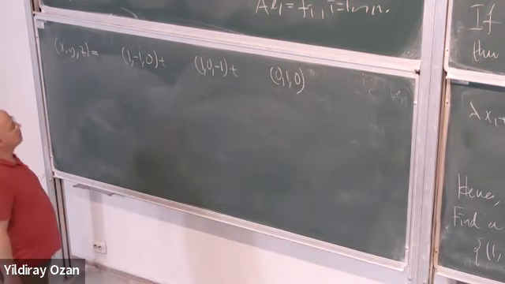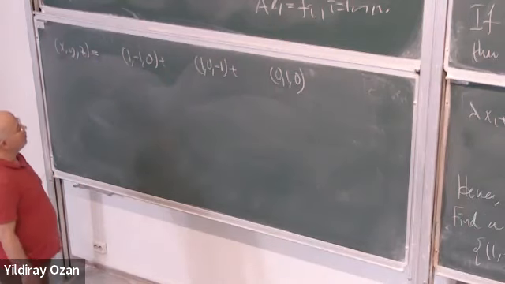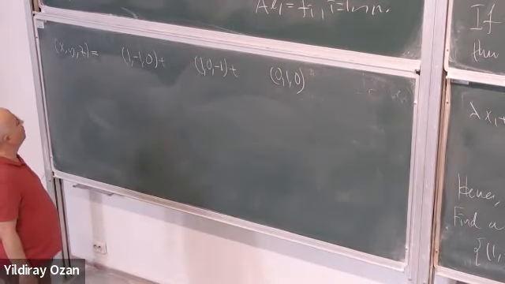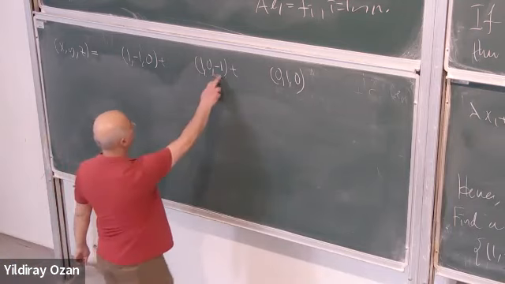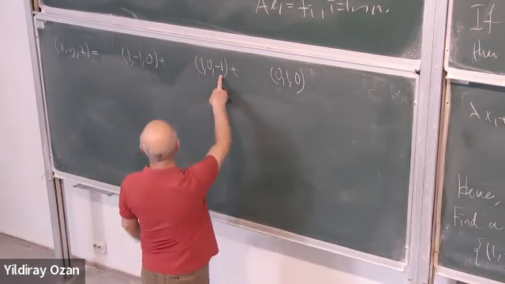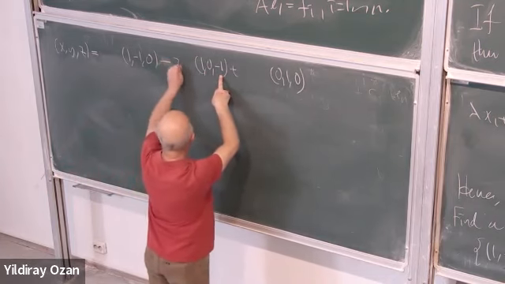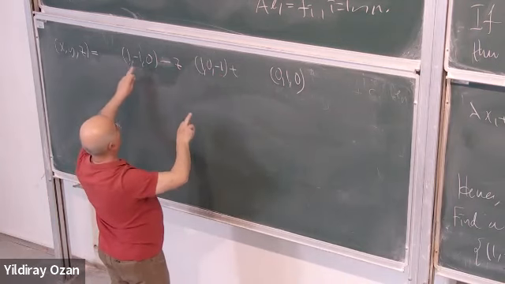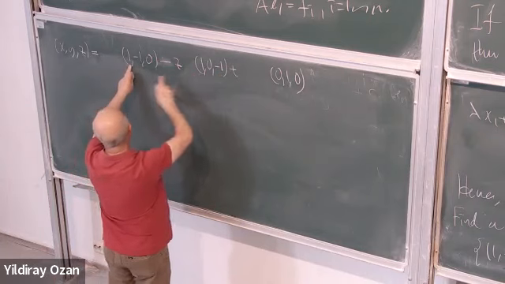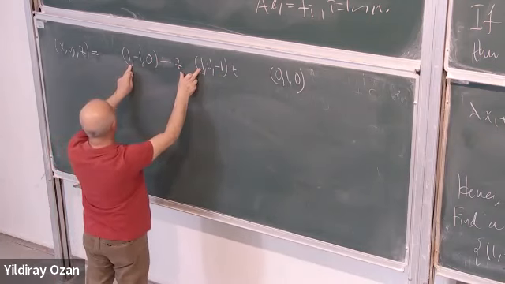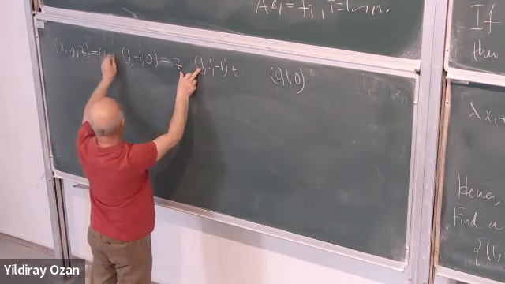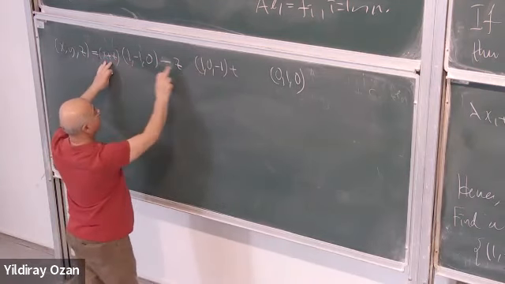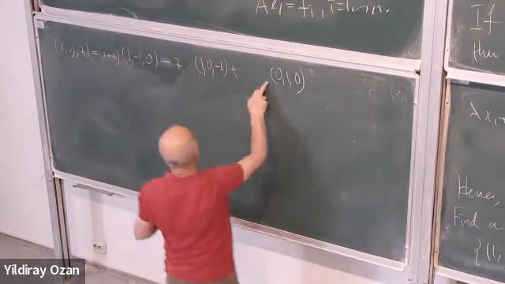Only one has a nonzero entry here, so this is Z, minus Z. We did this. Now, I want X here. I have minus Z here. So X plus Z here. Right? X plus Z minus Z is X. And here